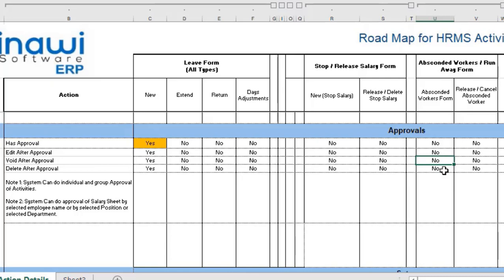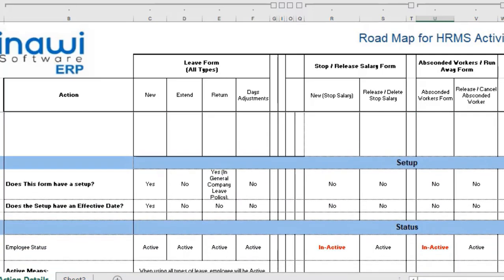And that feature, by the way, of choosing an employee to be absconded, definitely depends on the permissions given to that employee, whether he or she has certain features, requirements, or allowances to make that employee's status absconded. So there might be a limitation, and there might not be, based on the permissions and the user access list